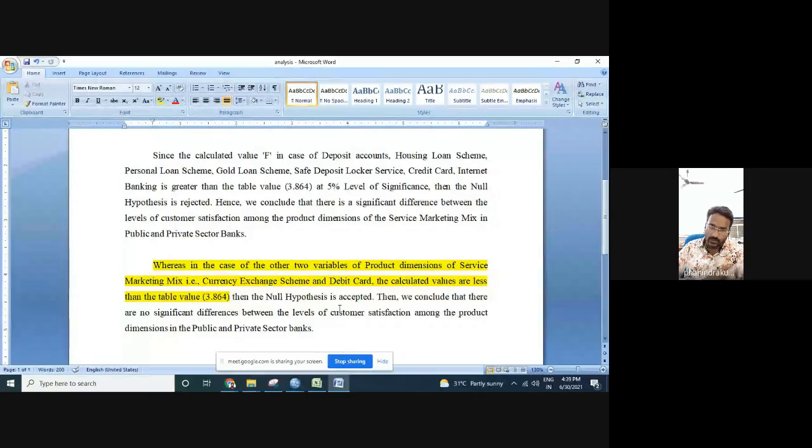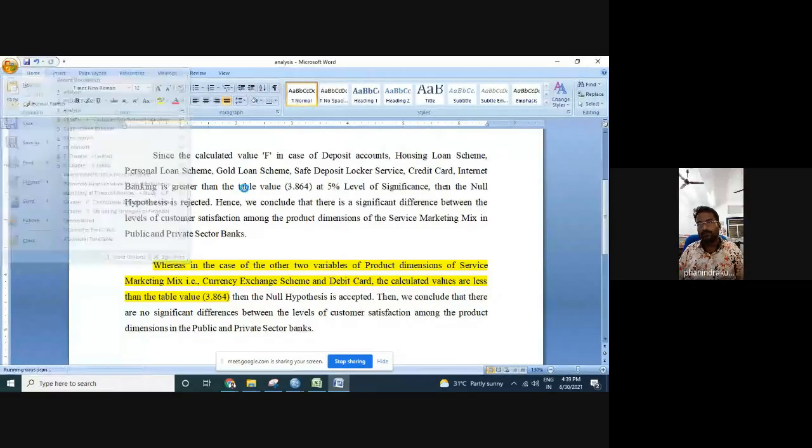I said that there is no such significant difference. Whereas in all the other cases, whatever the identified features are, there are significant differences because it is more than 3.864. So we need to conclude that there is some significant difference.